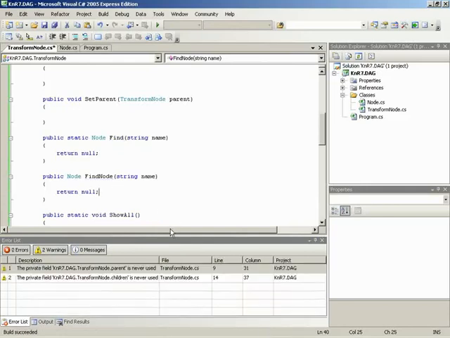Right. So let's go ahead and build. Beautiful. So right now it's just giving us some warning about things that have never been used. And outside of that, no errors whatsoever. And that really wraps up everything we wanted to get in place for the start of the application. Basically, we've got our node class, and then extending from the node class, we've got our transform node class that meets all of the requirements that we spec'd out on the whiteboard in the last video. So now that we've got the skeleton in place, it's time for us to start